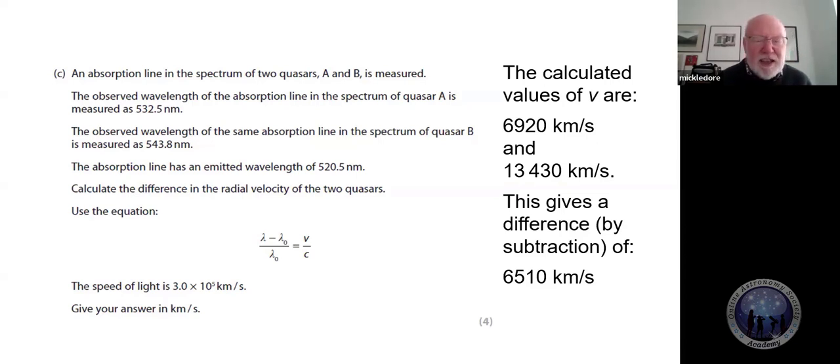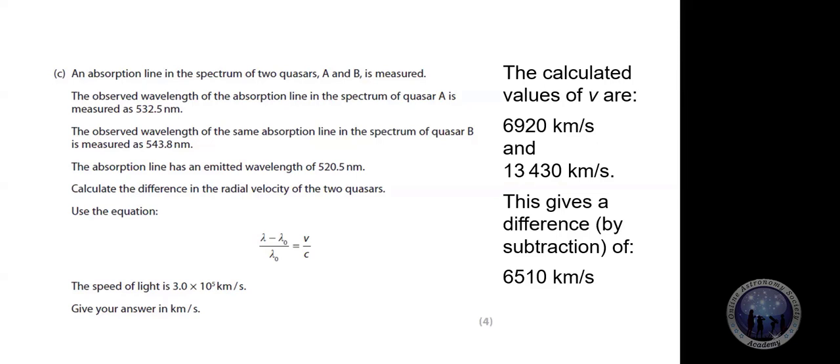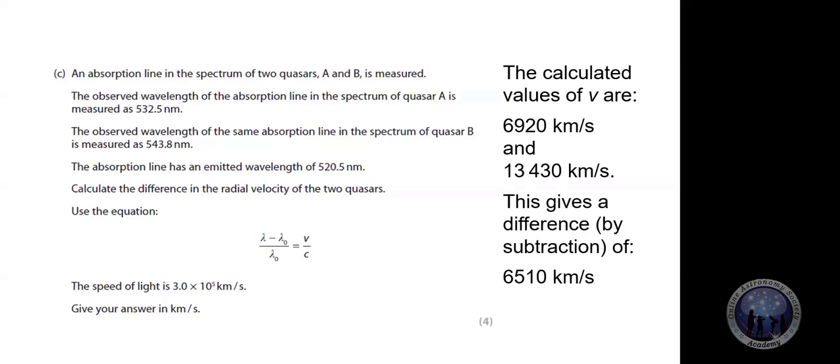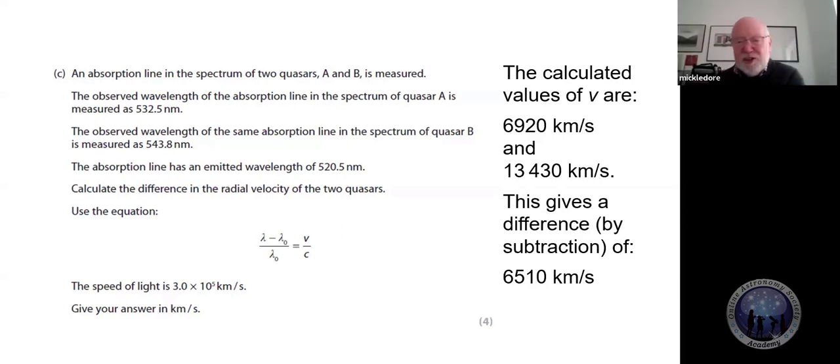Alistair, are you there? Am I making nonsense about this, or am I making common sense? I've been trying not to criticize the examiners, but there we are. Quasars don't have redshifts of 0.02, do they? 2% of the speed of light. It's more like 30, 40, 50, 60, 70% of the speed of light. That's what I would have thought. Yes, that's another thing to query on last year's paper.